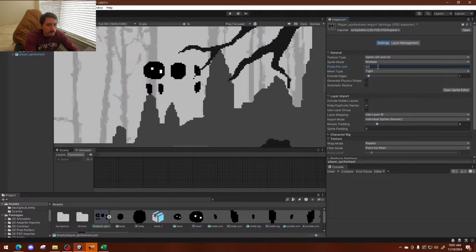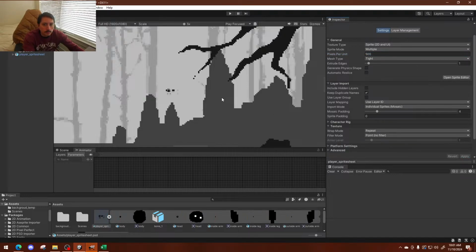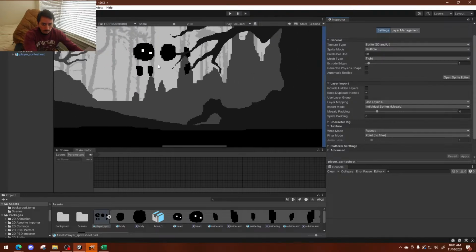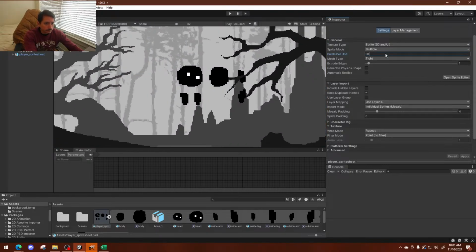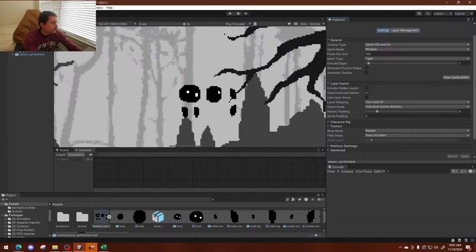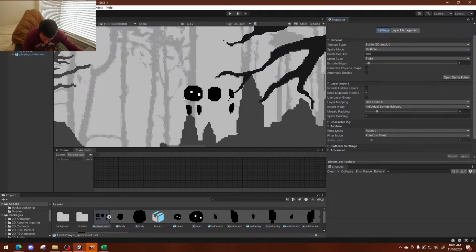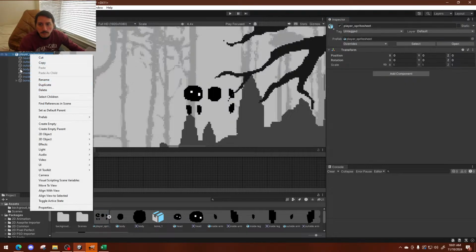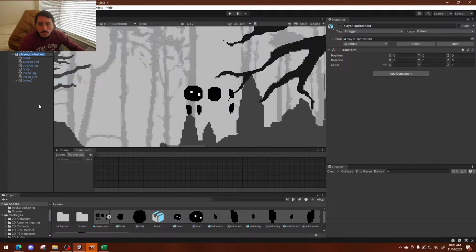Pixels per unit. 500 to 500. Maybe that will help make him look better. Okay. 50. I don't know, man. Let's just do 100. He looks all droopy. Okay, screw it. I don't care right now, at the moment. Spreadsheet. We're gonna rename this to